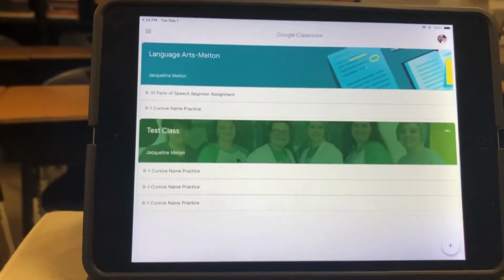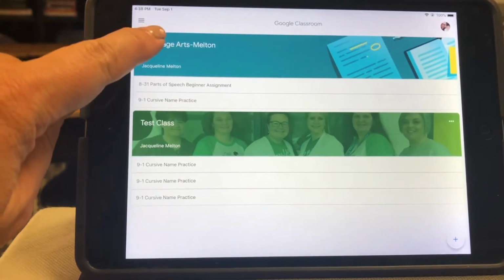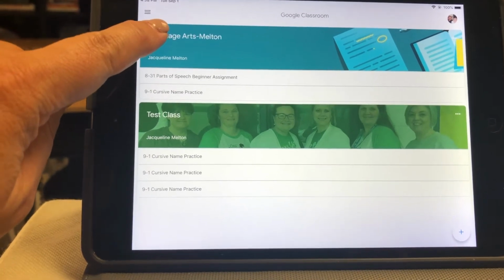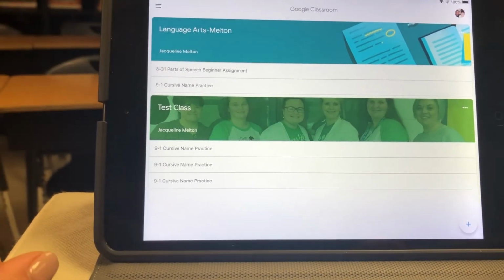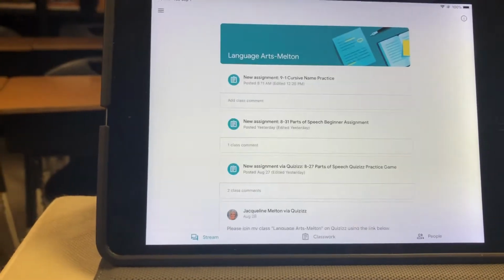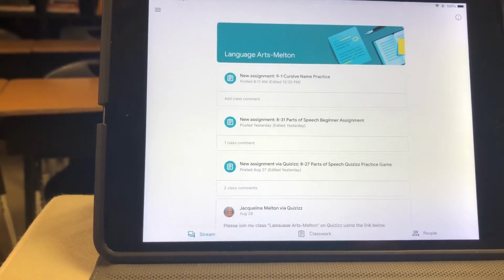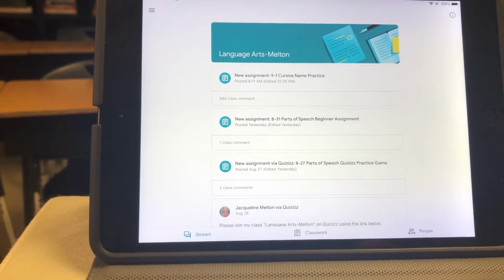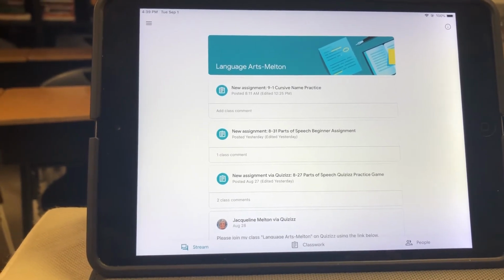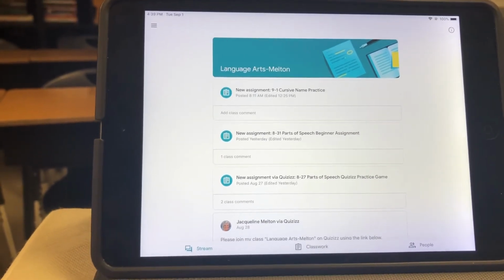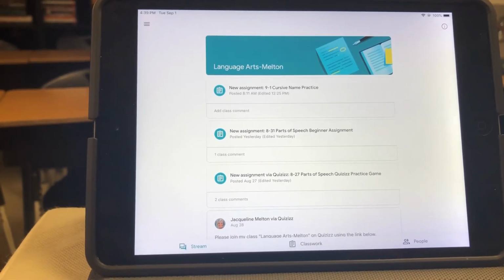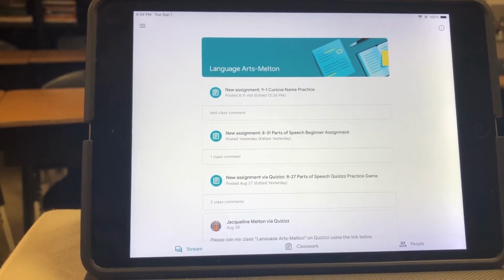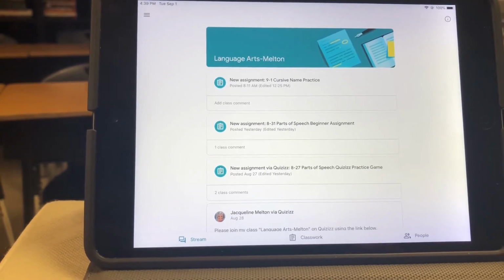So when I open the Google Classroom app, they're going to have language arts as one of their classes, and that's a place where they have been asked to add a picture to an assignment. We will do this periodically for cursive and periodically for math, as those are things that are hard to show through Google Classroom, so we may need them to take a picture of what they're writing on their piece of paper